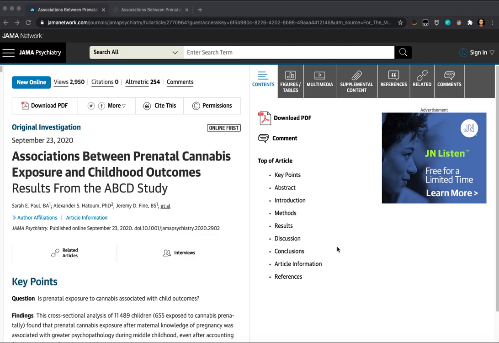For this week's Analytics in Action, I wanted to use an article that was published yesterday about the association of using marijuana while a woman is pregnant with the outcomes of the child in a number of psychological tests. In general, I don't like to use healthcare examples for this class because a lot of statistics is shown around healthcare and not in a business context, but I think this one's really interesting, and there are a couple of things that we can identify and take a look at.